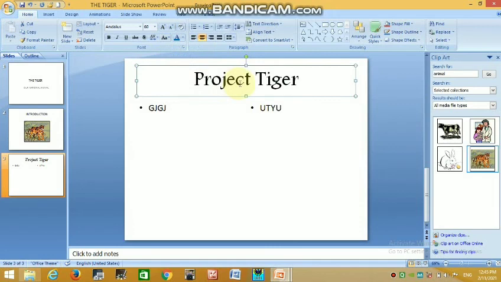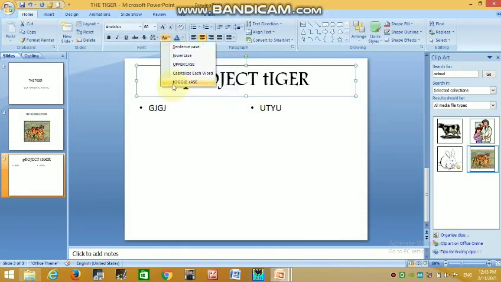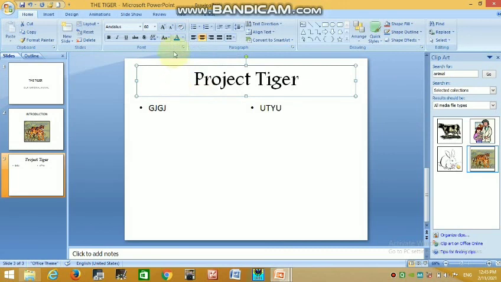You can see each word's first letter is capitalized. Toggle case, small letters convert into uppercase and uppercase converts into lowercase with the help of toggle case. So this is our change case command.